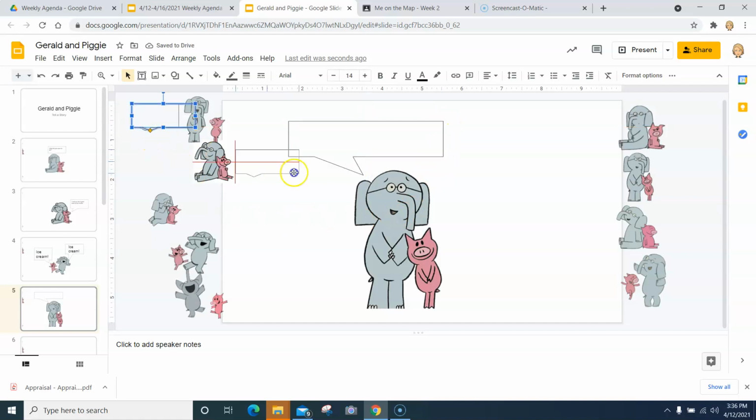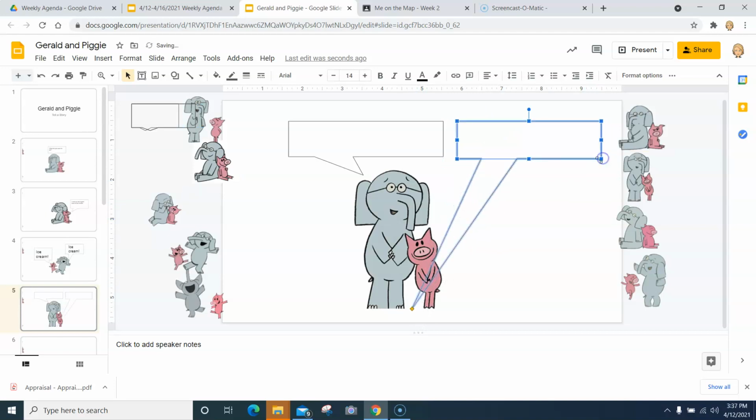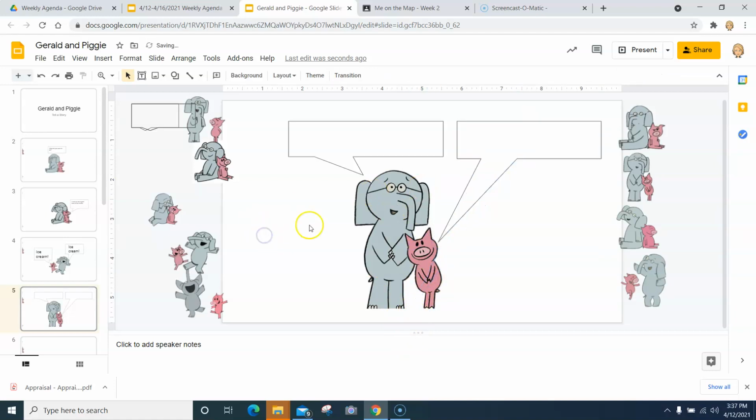And then I'm going to give one for this guy, Piggy. And I'm going to make them up here, you know what? I'm going to make them both the exact same height because they're going to say it at the same time. Guess what they're going to say? Look how nice they're standing. Look how sweet they are. They want ice cream. So what do we say when we want ice cream? We say,